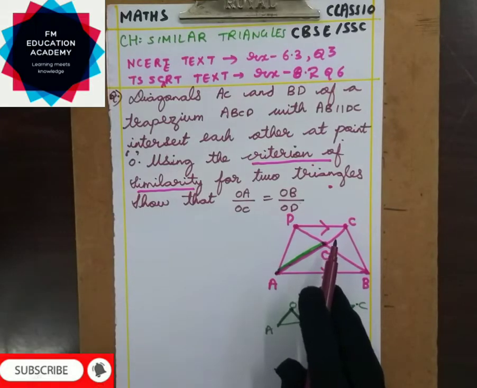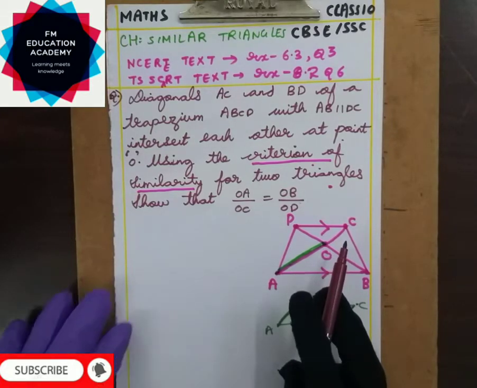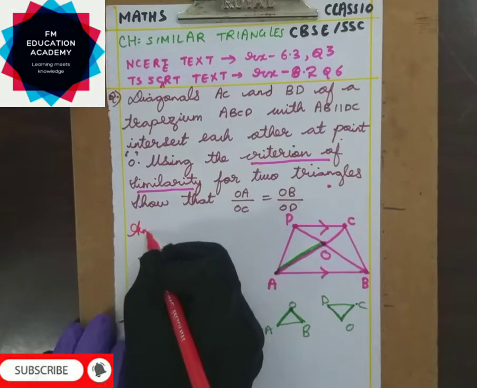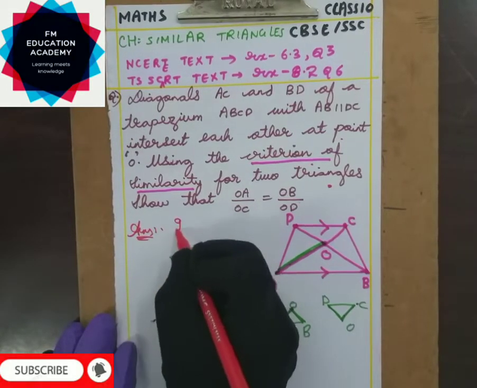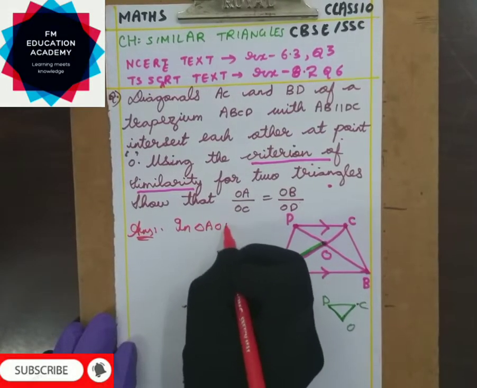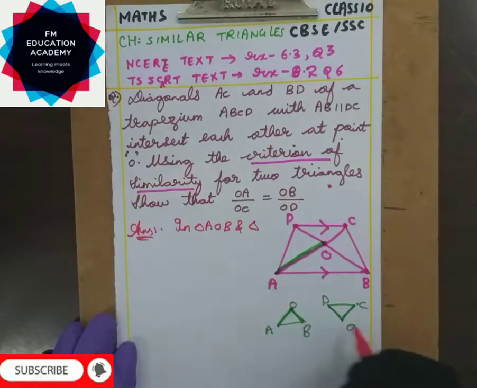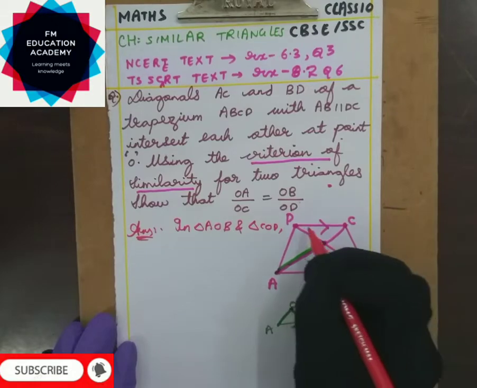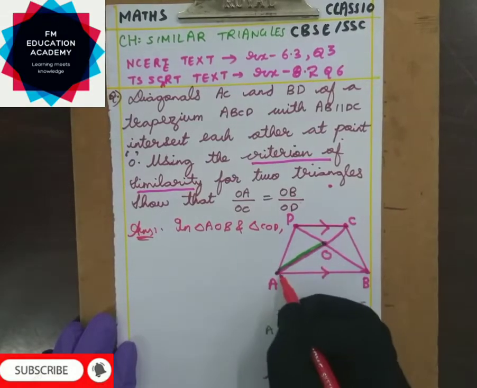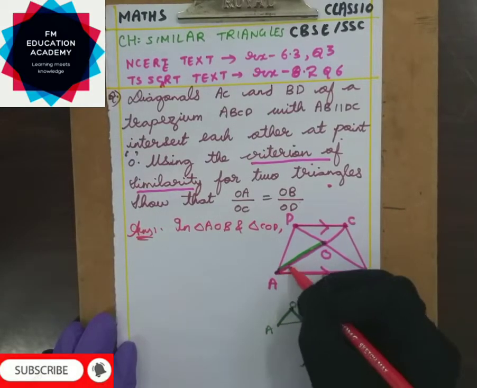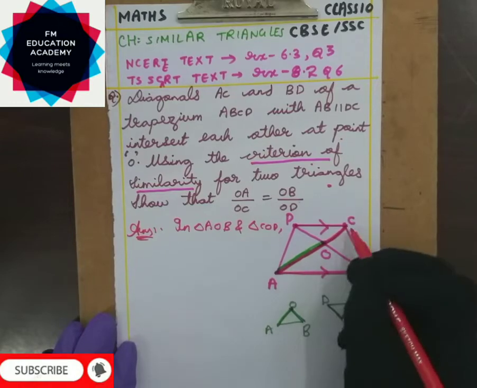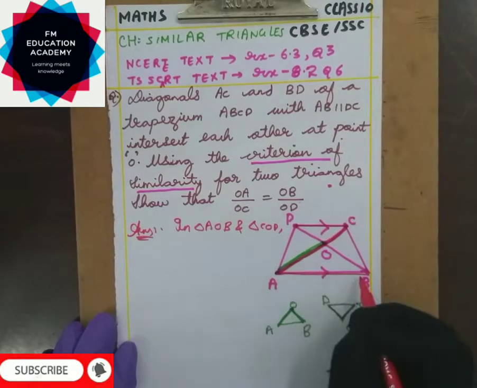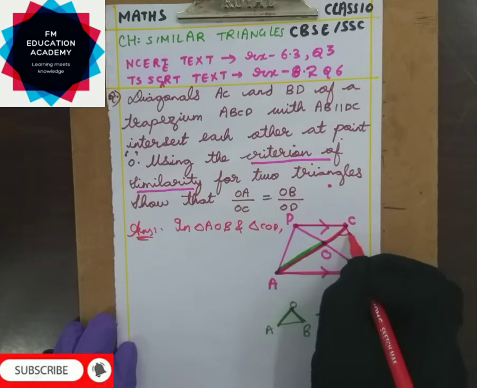Two sides were in the same triangle and the other two sides were in the same triangle. So in this answer we can say in triangle AOB and triangle COD, that if side CD is parallel to side AB, we know AC is acting as a transversal. If AC is acting as a transversal and AB is parallel to CD, according to the parallel condition, we are taking this triangle COD.